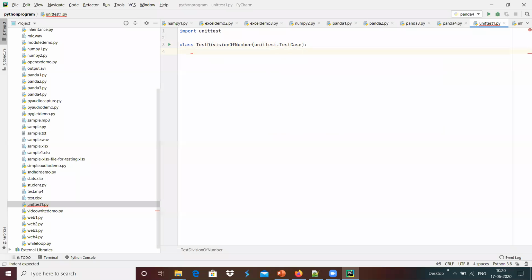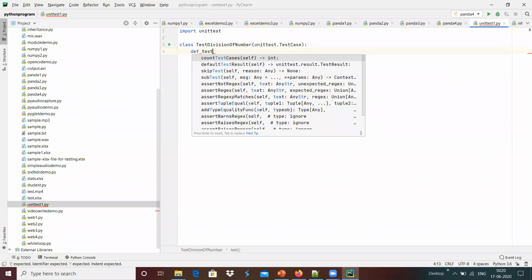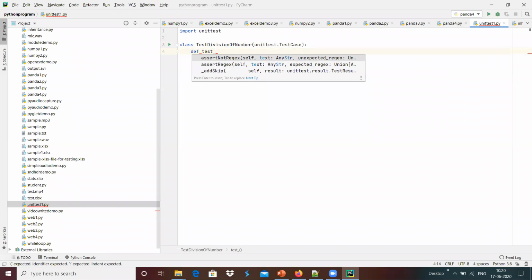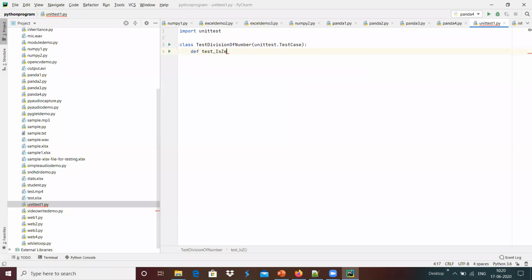In that, we are going to define tests. Whatever the test cases are, they should start with test underscore, like that. The member function should start with test underscore in case of the unittest module. I'm going to create test_is_0 of self, and maybe we have the option something like self dot